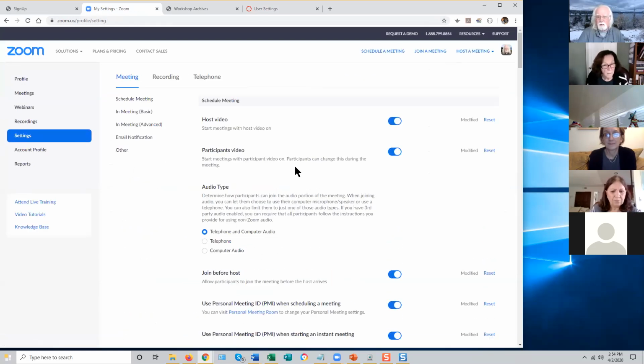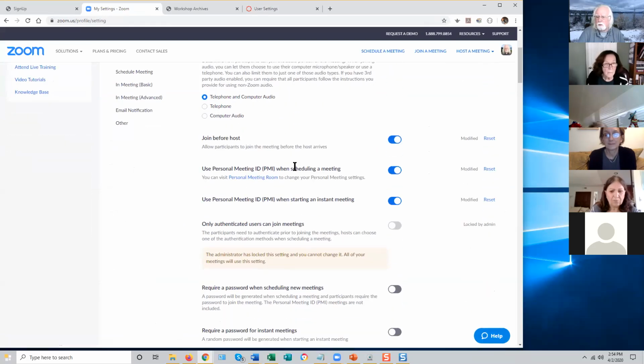And you can go to your Zoom settings in this menu here on the left. Fortunately, these are fairly high up in the list. It's a long list, but the ones you want are right just down from the top. The two that you can turn on are use personal meeting ID when scheduling a meeting and use personal meeting ID when starting an instant meeting. If you turn those two on just by clicking these icons here, and blue is on,